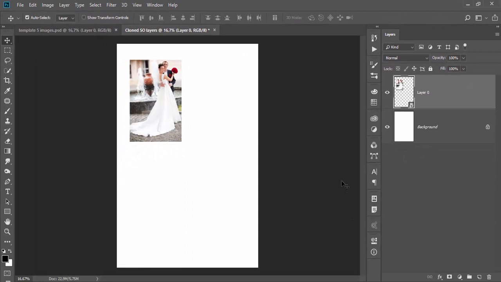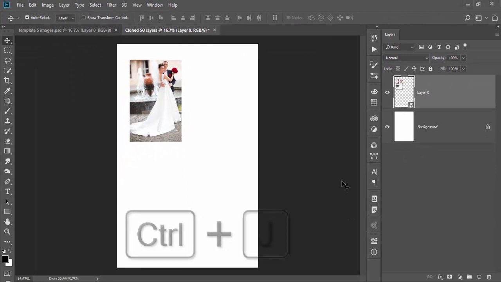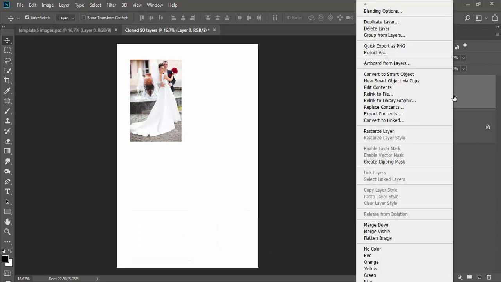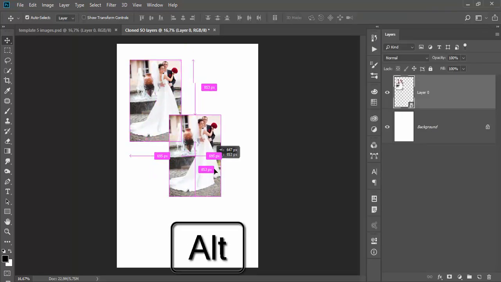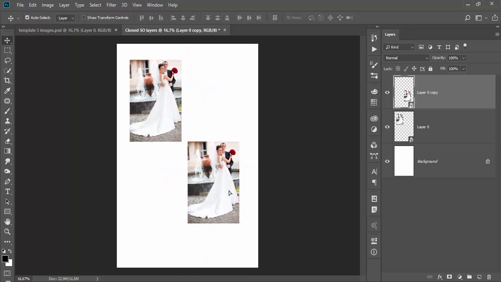To create a cloned smart object layer, use the Ctrl or Command plus J keyboard shortcut, the duplicate layer command, or with the Move tool active, press Alt or Option on your keyboard and drag. Cloned smart object layers have linked content internally inside the Photoshop document. If you alter or update content on any cloned smart object layer, that will update content on all other cloned instances.